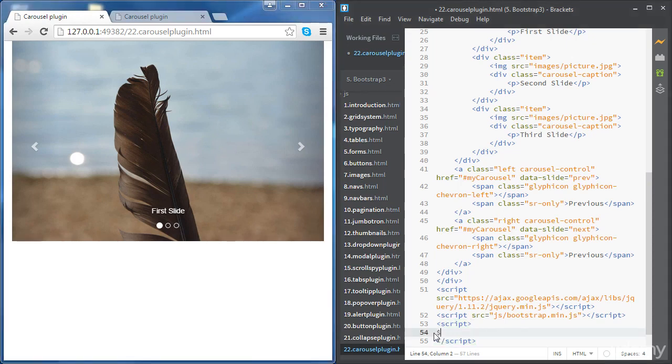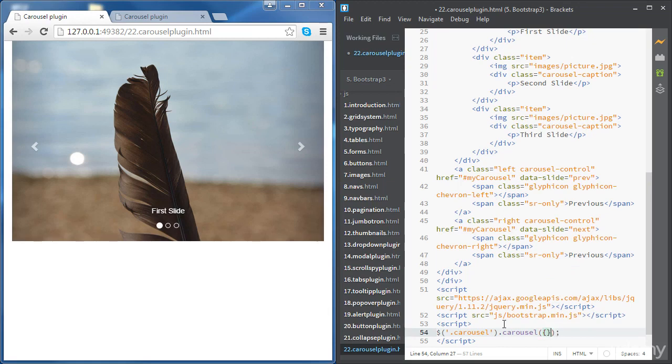So let's select all the elements of class carousel. Okay, so we're selecting here our slider, and then we're going to use the method carousel,